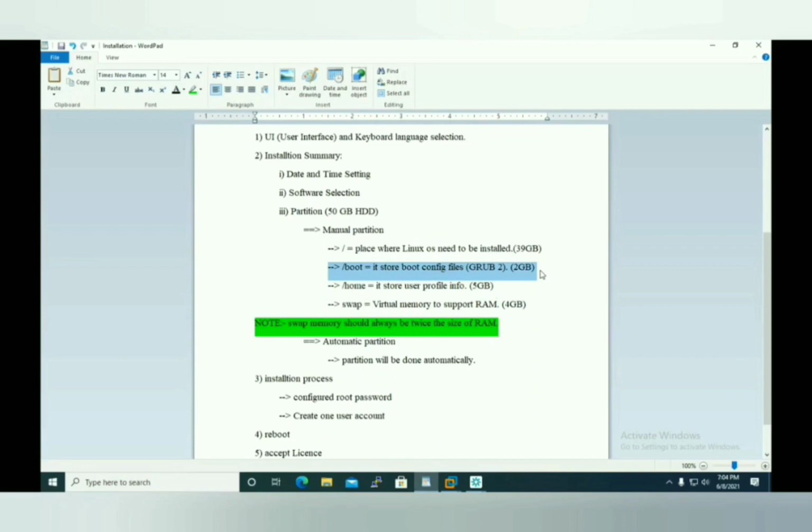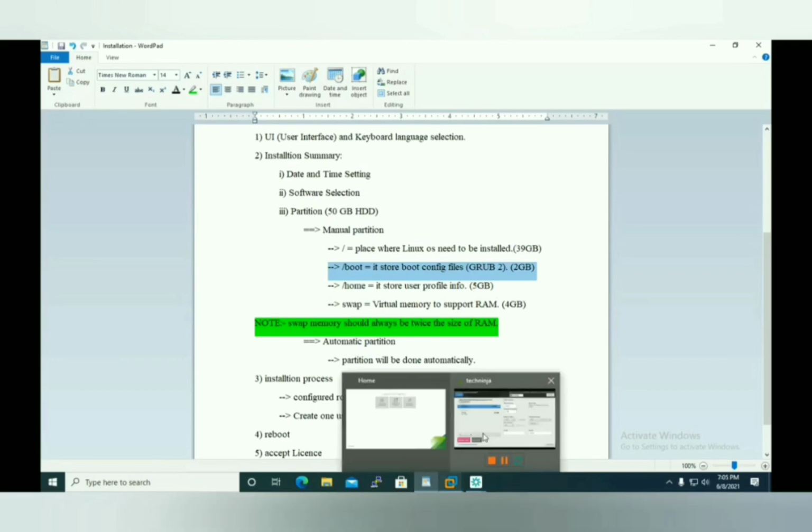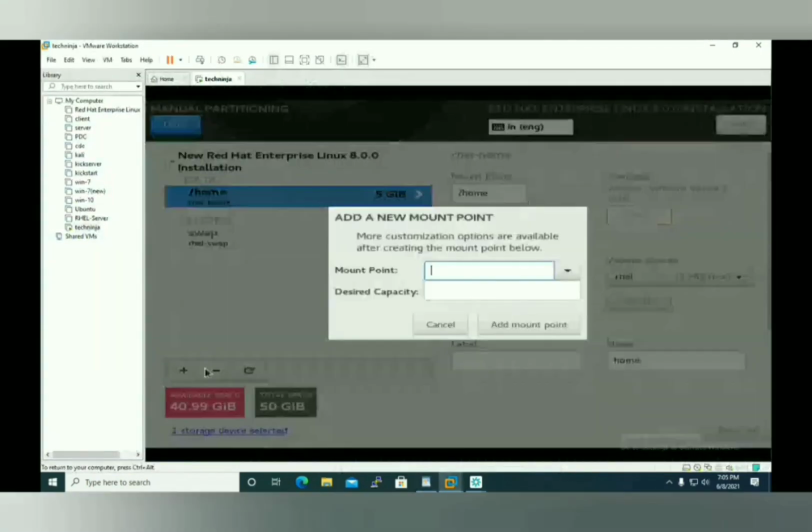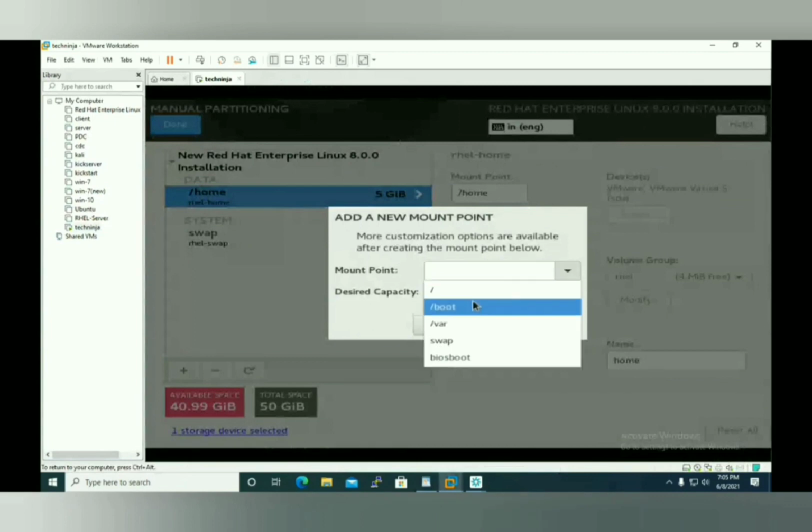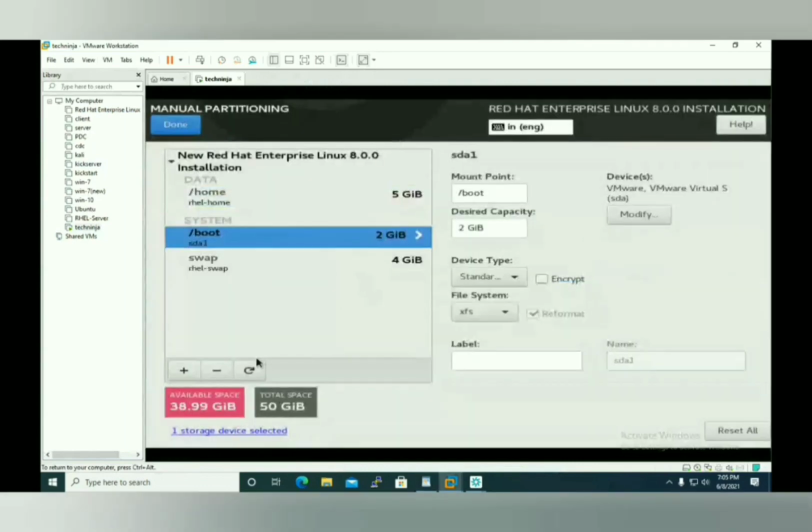If I specify 2 GB for my GRUB bootloader, it's more than enough to hold the bootloader configuration file. Specifying a large size here is useless, and I can use it for some other purpose. So let me click plus and add slash boot, where the boot configuration file is going to be stored. Let me specify 2 GB here, and add the mount point.